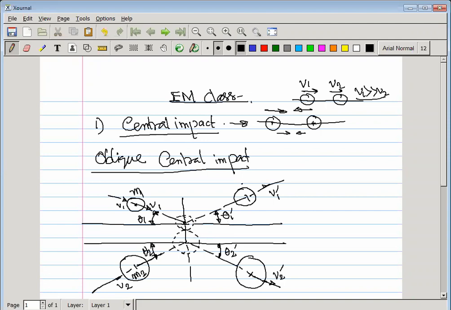To solve this type of problem, you can see that the initial and final velocities of these two are not parallel, right? Here you can see easily they are different. We have considered spherical particles of mass m1 and m2 with velocities v1 and v2. And remember one constraint: there is no motion along z. We are talking about two dimensions, so they are all in the same plane only. For that we have to do the calculation considering that.